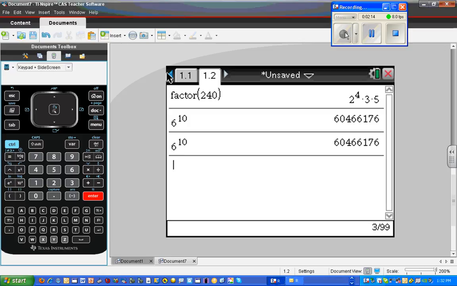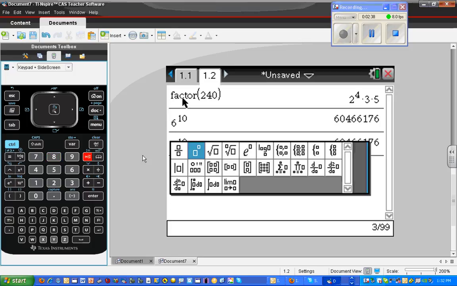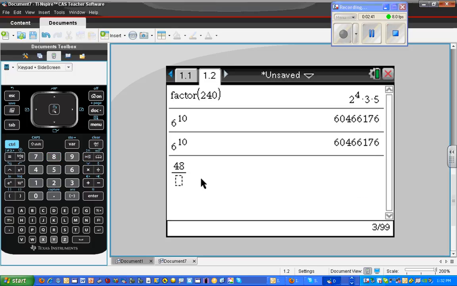Another interesting feature of the calculator application is its Boolean operator. If I want to check whether an equation is equivalent, I might do something like this. I'm going to take 48, 56, so 48, and then fraction 56. And again, I can use tab to move to the next field and say, is that equal